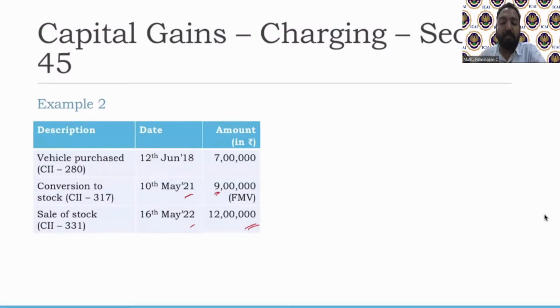So what is capital gain? For capital gain, we need to know what is the sale consideration. The provision provides that the fair market value of that particular stock on the date of conversion will be your sale consideration, similar to the insurance receipt, where it is fair market value on the date of receipt of the asset. So here it is fair market value on the date of conversion. So it is 9 lakhs. You take 9 lakhs as the sale consideration. What is the cost? Cost is basically 7 lakhs. If you need to index, the provision says take only till the conversion date. So you'll have to index based on this number and not based on this number. So that's how you basically work out this problem.